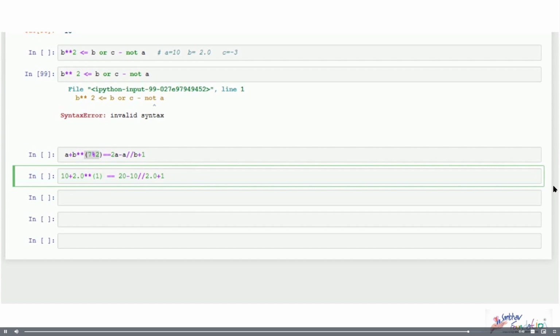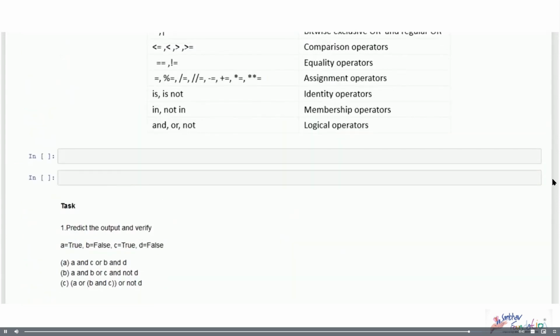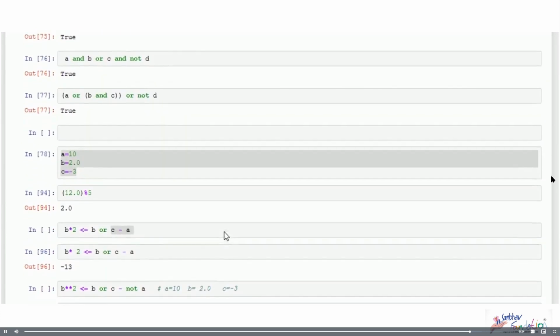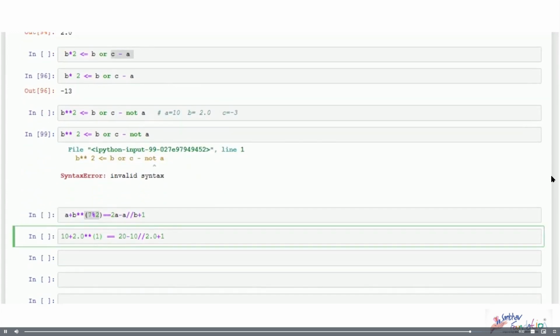Among this, you have arithmetic and comparison. Your arithmetic takes precedence over your comparison. You can see your arithmetic calculations take precedence over your comparison, so you need to evaluate the arithmetics first and leave the comparison for the last.